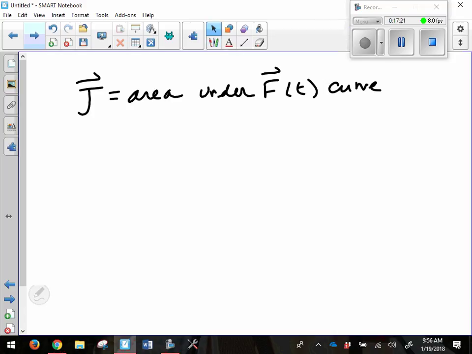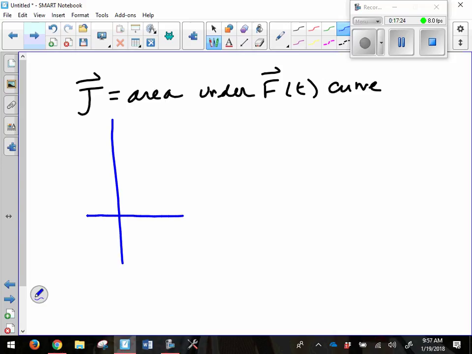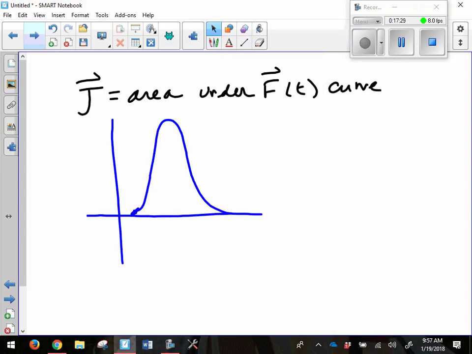Well, if you remember that curve that I drew a couple slides back, that kind of looked something like this. Okay, again, not symmetric. And here was my t_i, and here was my t_f. I don't know what that's going to be. That's kind of a weird area. It's really not a parabola. You might get lucky that it's a straight line or something you can figure out. But I don't know what that is. However,